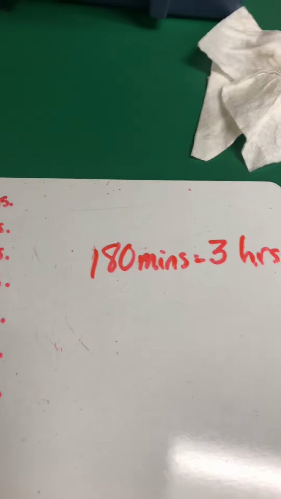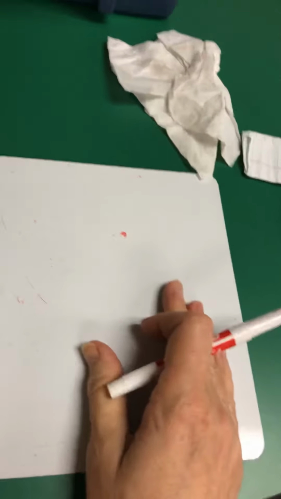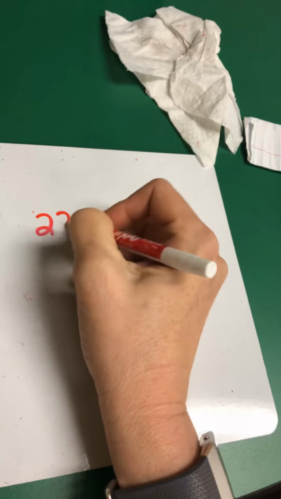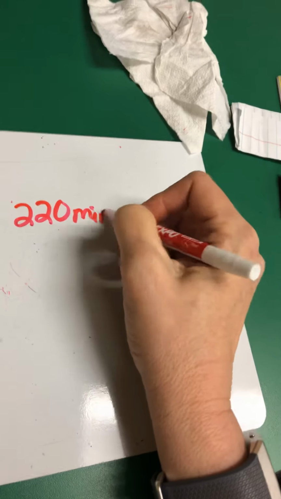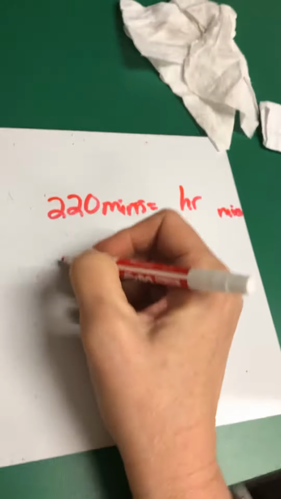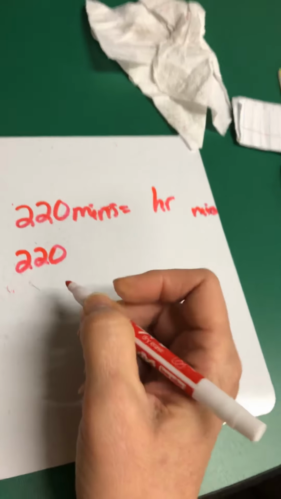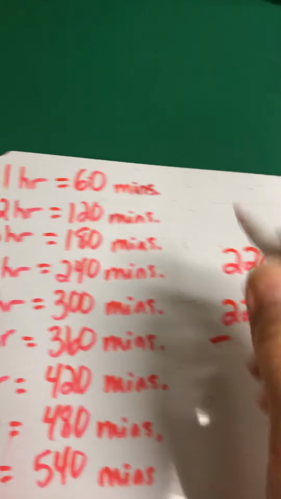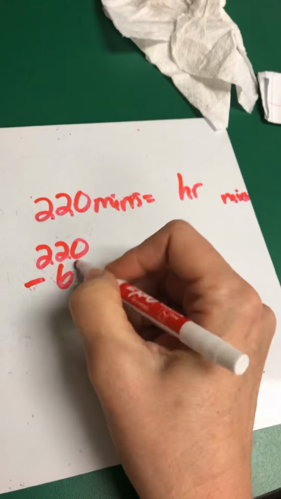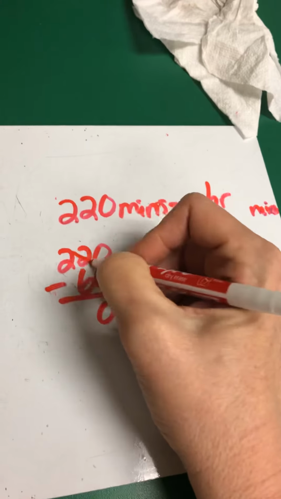Okay? But of course, they're not always going to give you an even amount that just breaks down into a finite number of hours. So let's say they say 220 minutes equals how many hours and how many minutes? Well, we don't know how to divide by double digits, but we do know how to subtract. How many minutes are in an hour? 60. So if I take the 220 minus 60,